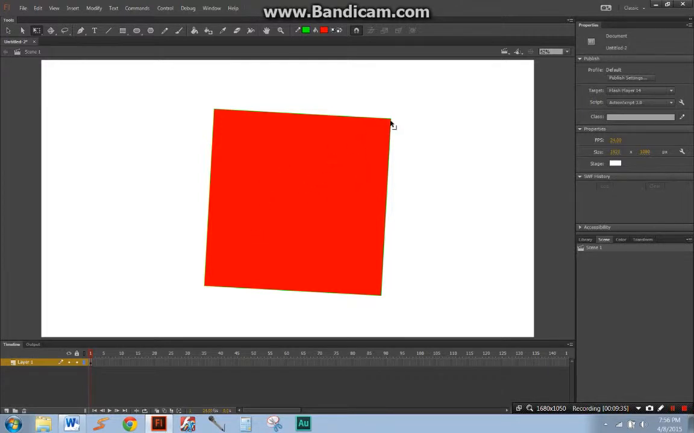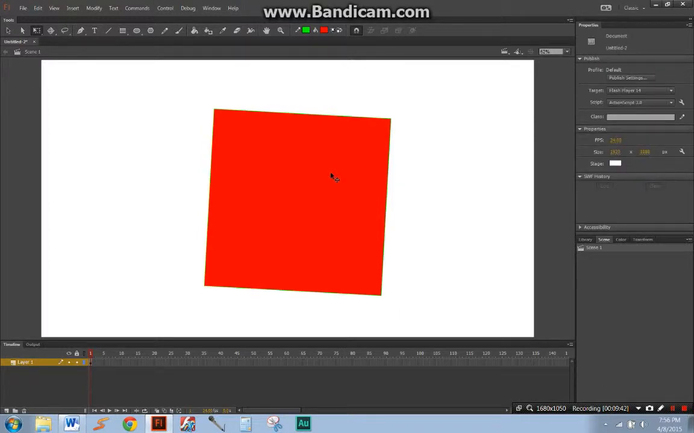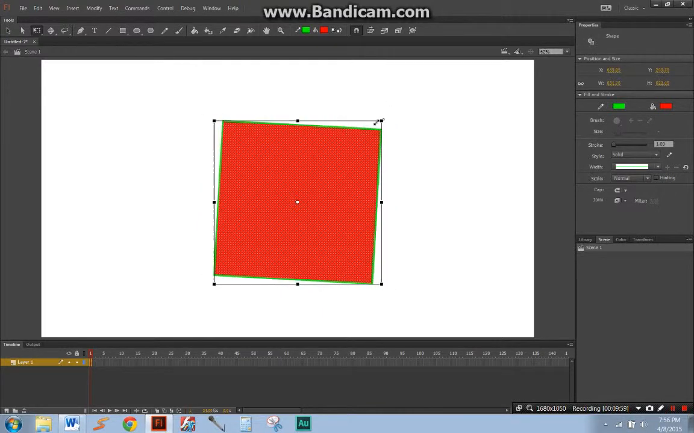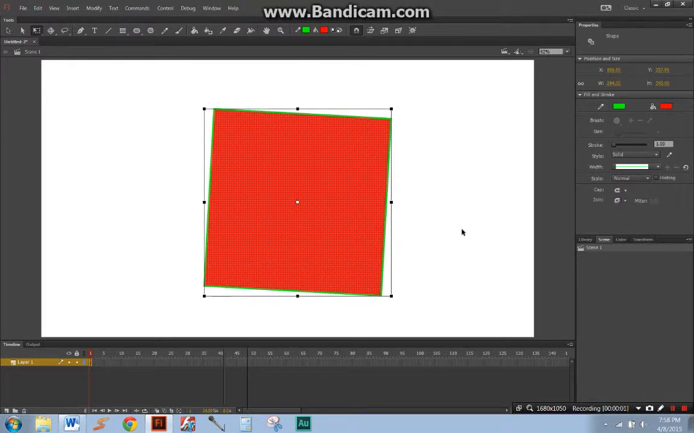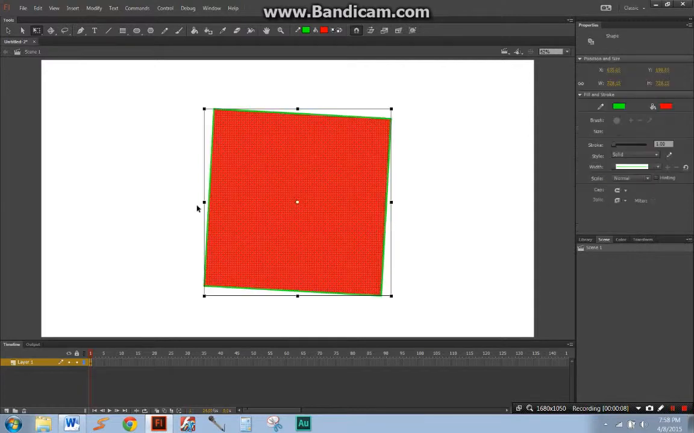We can also change the scale or size of this object, or shape, as it is now. To do that, select all, Control A, and we'll go over a corner here. When it's like a line with 2 arrows, we can left click on it and